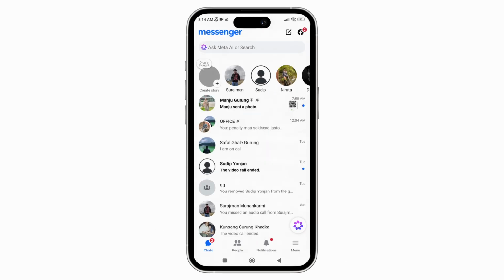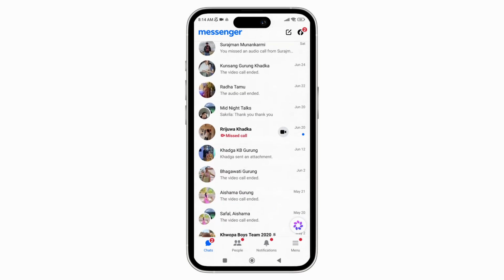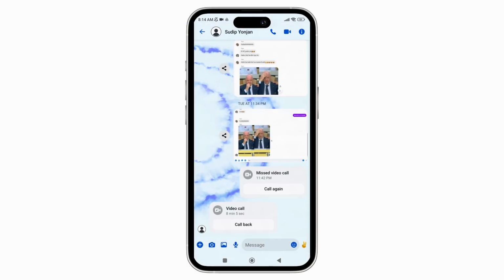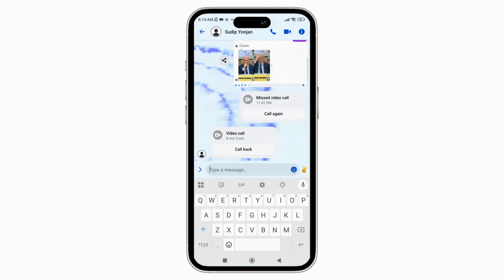Once you're inside the app, you can just go to the chat where you want to send the silent message to. Once you're inside the chat, you can just tap on the text box. And once you have done that, at the bottom left side,